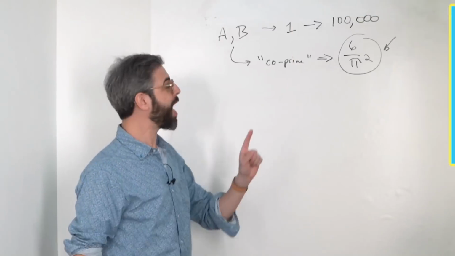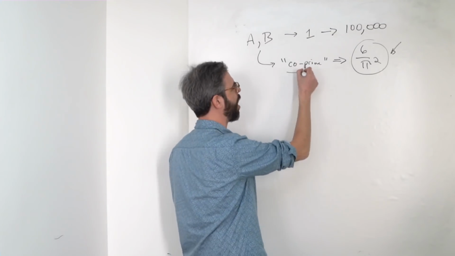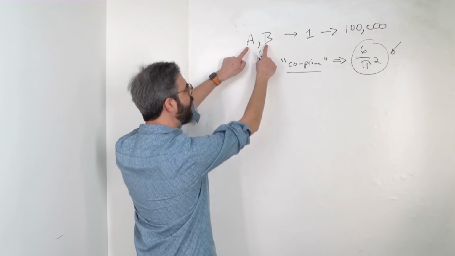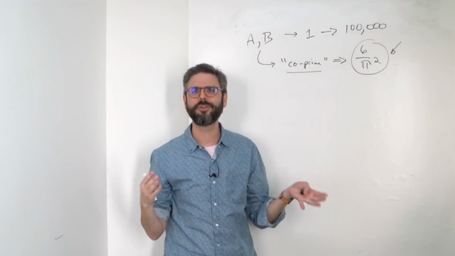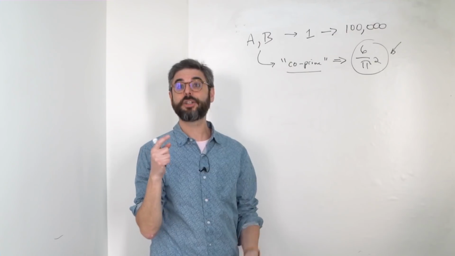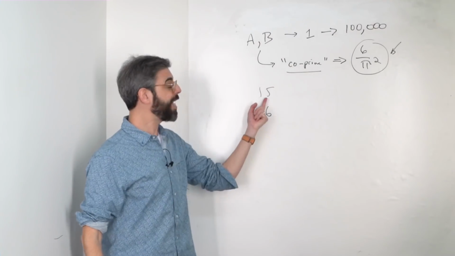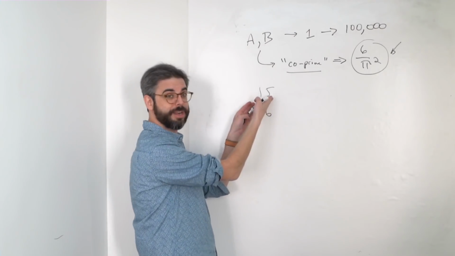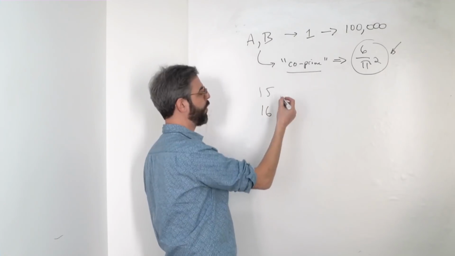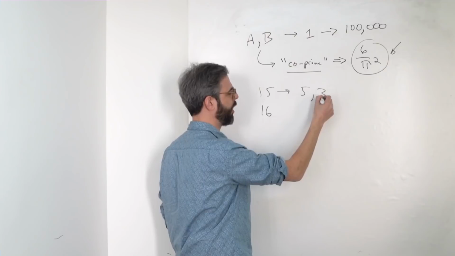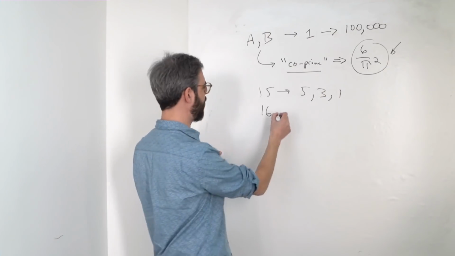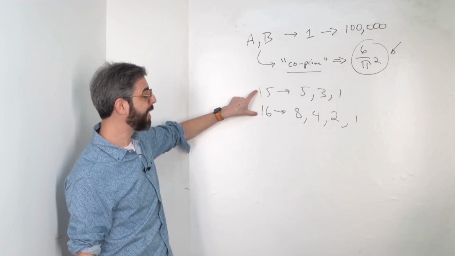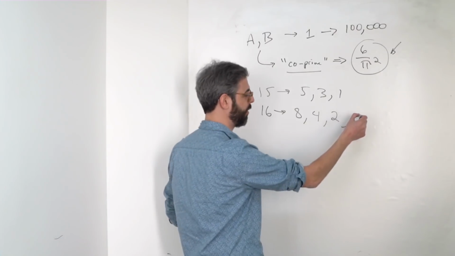For me, in this video, what I want to focus on is this concept of co-prime. And how do I write some JavaScript code, or really in any programming language, to determine if two integers are co-prime? What does it mean for two numbers to be co-prime in the first place? Let's say I pick two numbers, 15 and 16. Well, for any number, I could list all of the factors of that number. What other integers that are smaller than that number divide into that number with a remainder of 0? With 15, I've got 5, 3, and 1. With 16, I've got 8, 4, 2, and 1. Looking at these two numbers, the only factor that they share is 1.